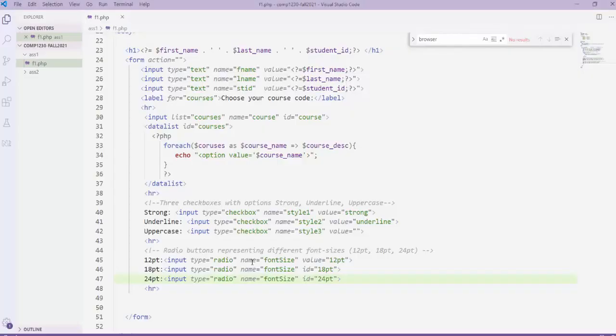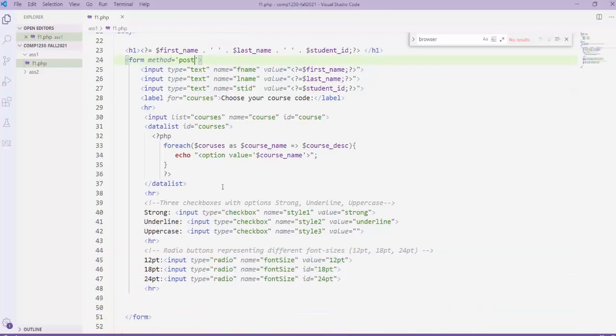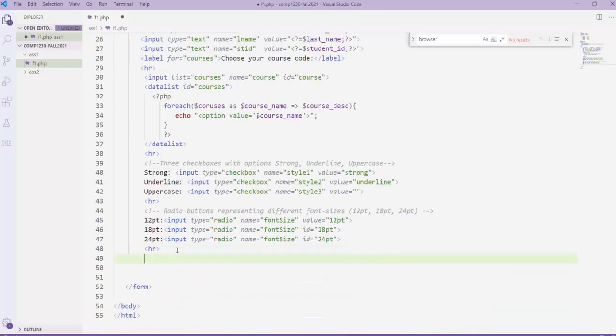So what I'm going to do is, first I'm going to fix the form. So I don't need the action because it has to be submitted to the same page. So I just go here and say method is equal post. Okay, now I need a submit button, and this is what I want to show you. If I go here and say submit, what I'm going to do is I'm going to give a name to the submit button, right? Name is equal